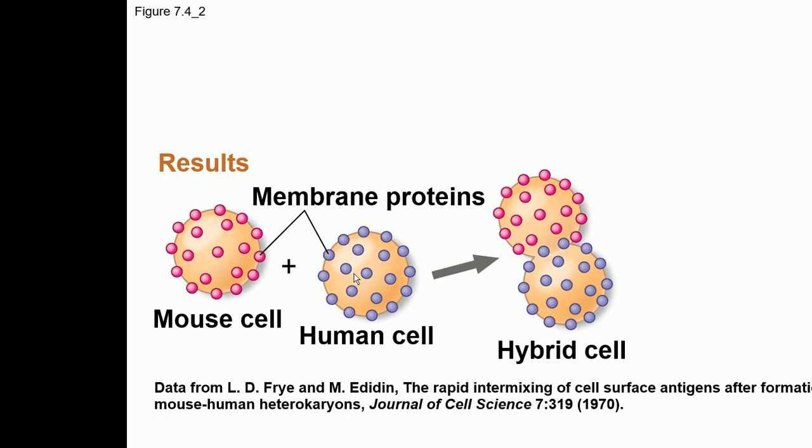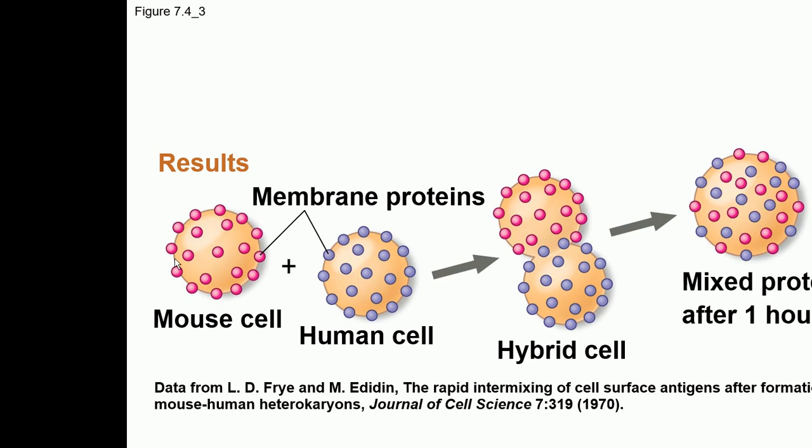This is basically an experiment which shows that the membranes are also in lateral motion, an experiment done by some scientists. They took mouse cells and human cells and fused them, and they formed a hybrid cell. In the hybrid cell, after some time, they found that all the proteins were distributed. They were all distributed after 1 hour. So you can see here, this is a cell with these proteins, and this cell with these proteins, and when these two cells fuse with each other and form one hybrid cell, after some time all the proteins get distributed.